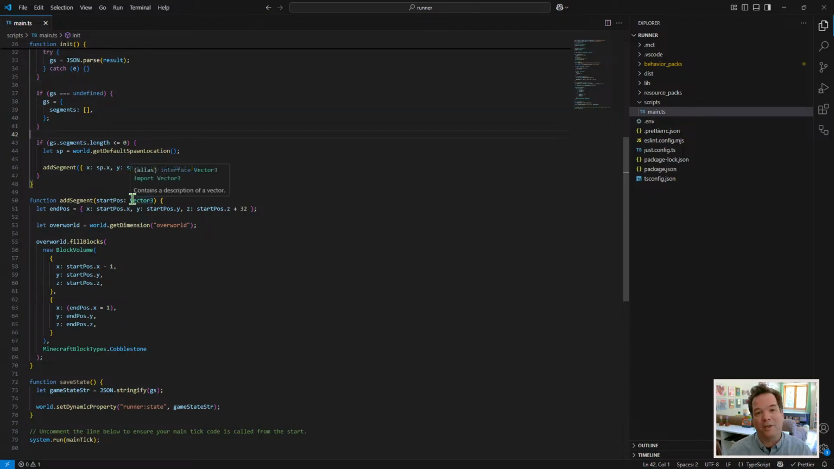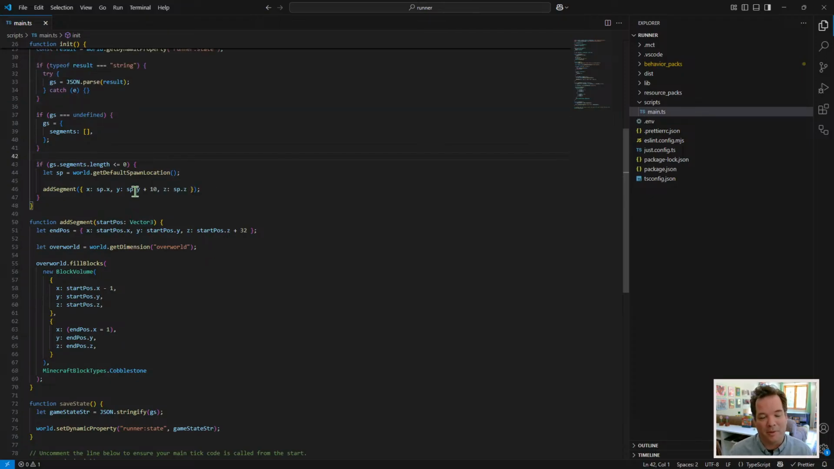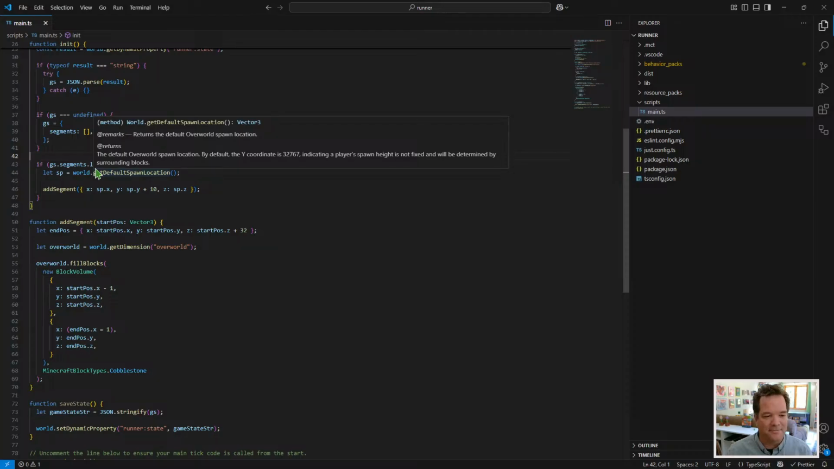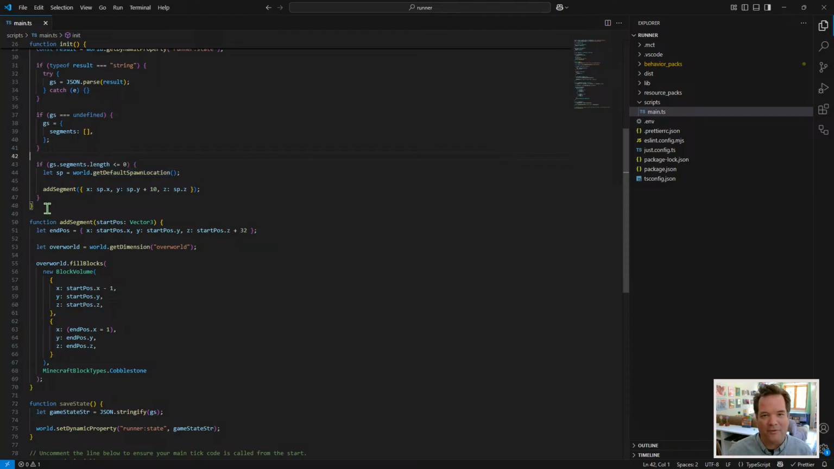Now, there's one problem in here that I discovered when I was playing with this a little bit beforehand: spawn location always has this funny thing where the Y is basically like 32,000 or something like that. And the reason for that is that, I don't know, I guess that's its way of saying put it wherever on the top of the world. And let's say, okay,